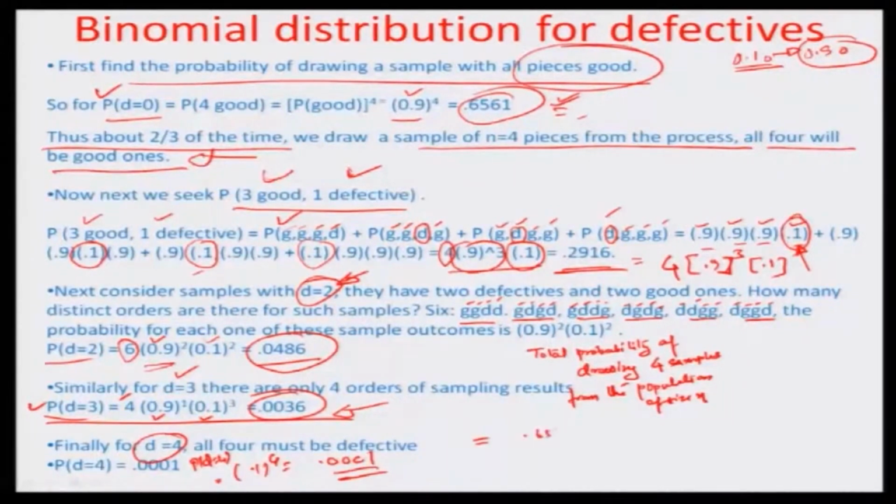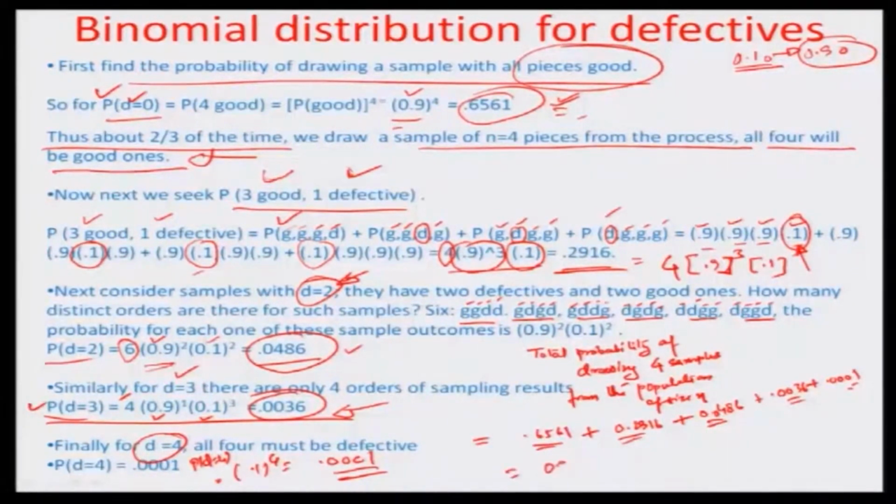As all 4 being good, which is the probability of getting exactly d equal to 0, plus 3 goods and 1 defective, which is 0.2196, plus again the possibility of getting 2 defectives, which is 0.486, plus the possibility of getting 3 defectives, which is 0.0036, plus the possibility of getting all 4 defectives. So, there are actually 5 terms, and if I just correlate all this and write in terms of these